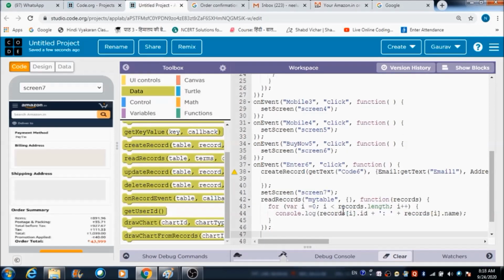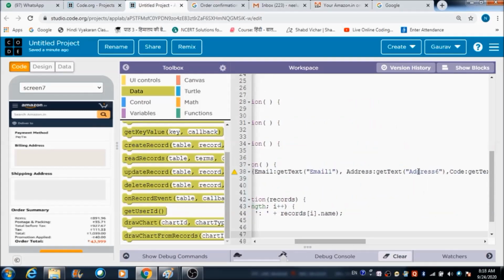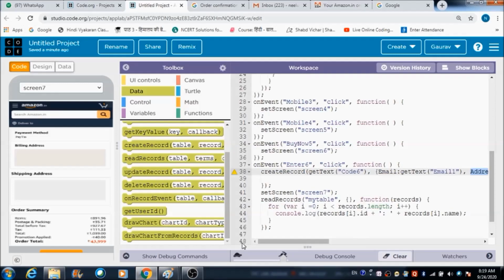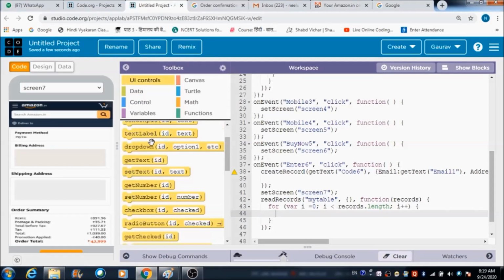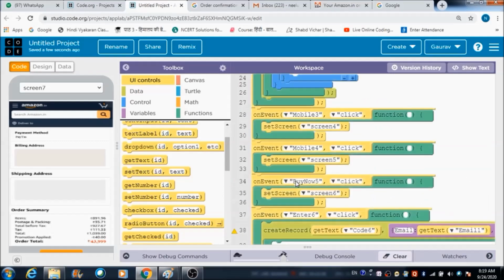What I want to read is the record's dot address, because the address is going to get saved in the address field. For that, I'm going to remove this part from here. Let me just copy this thing. Okay, and I'm removing this part from here now. So where is that set text option? This is the one, and again I'm going to make use of this set text option. Let me just convert it back into block based code, and here,